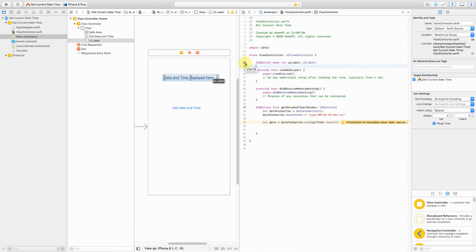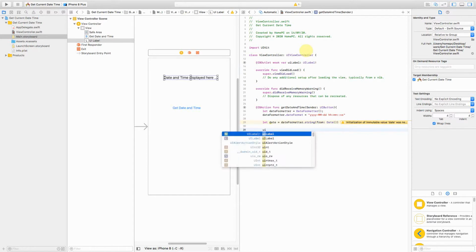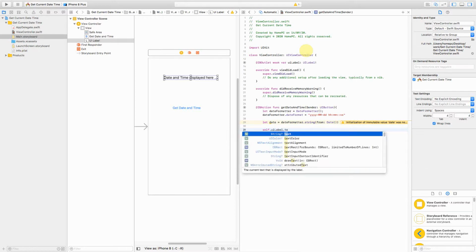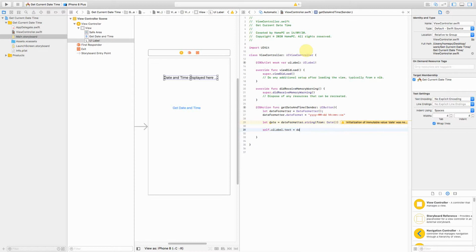You just come to this plus sign and it shows where it is connected. Similarly, this particular function is connected to this particular button. Okay, perfect. Now we will use this UILabel variable which we just created, self.UILabel.text, and we'll assign the string we just created above over here.